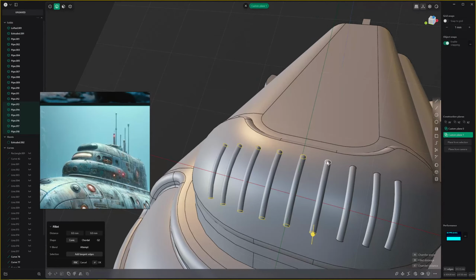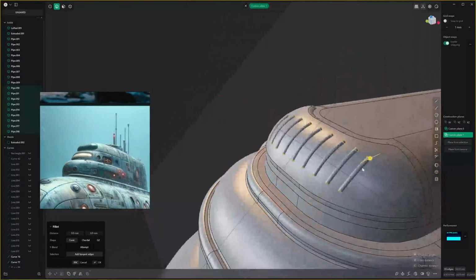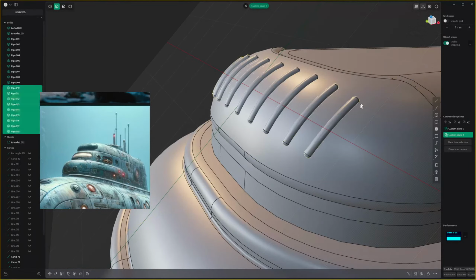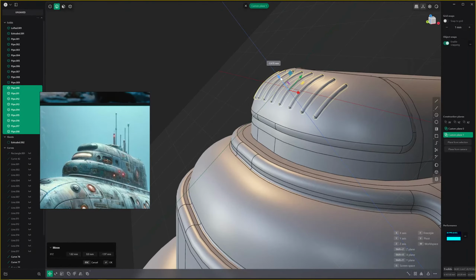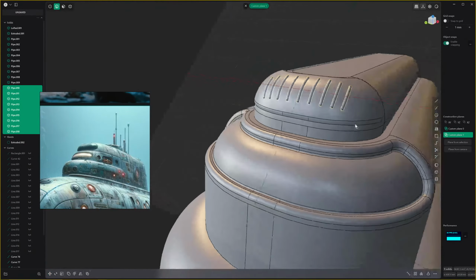And I'm having fun, just playing with shapes. Alright. Let's just drag those down on that Z. Okay. And let's just Q,